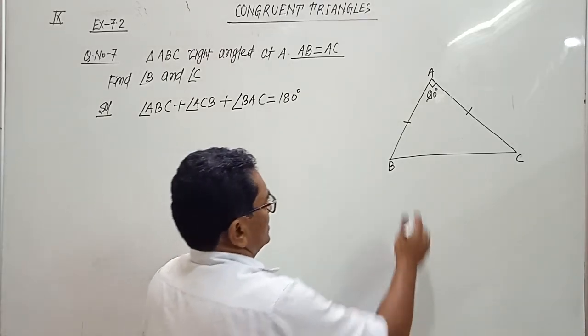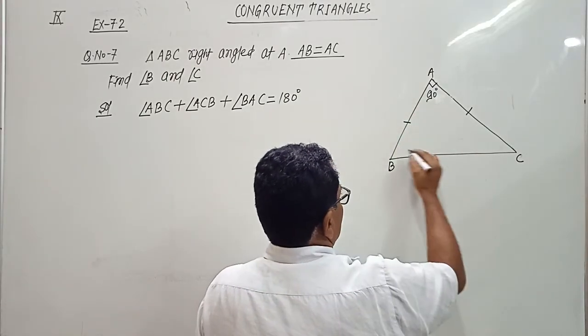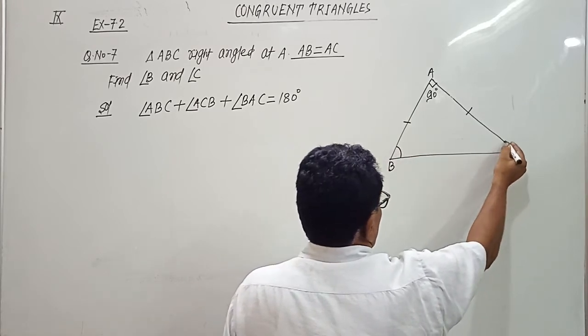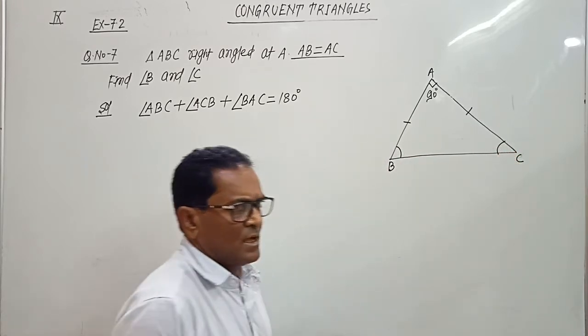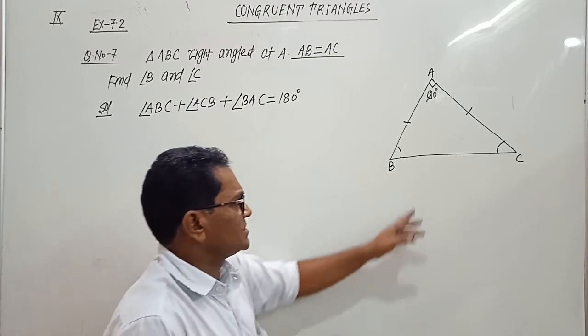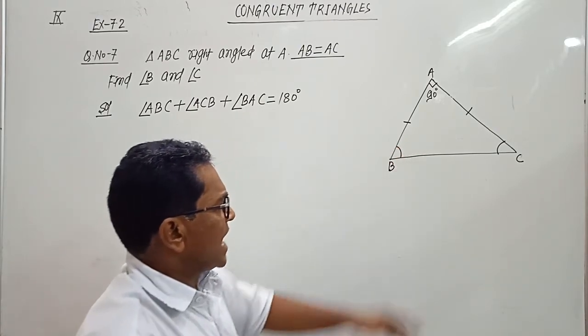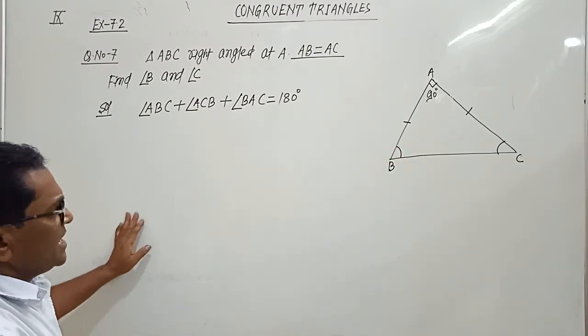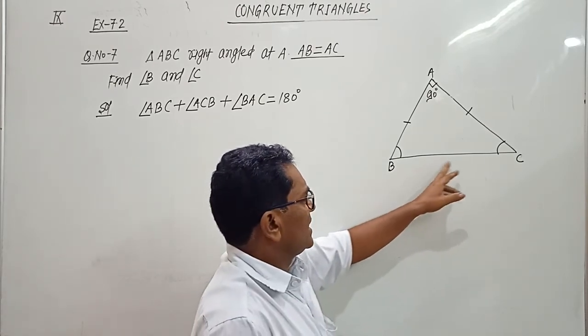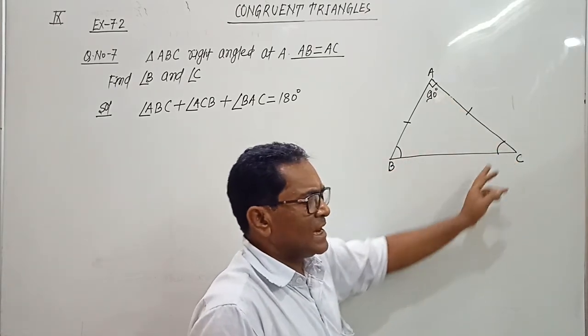But this side AB equals to AC means these two angles must be equal because it is isosceles triangle. So angle ABC equals to angle ACB,